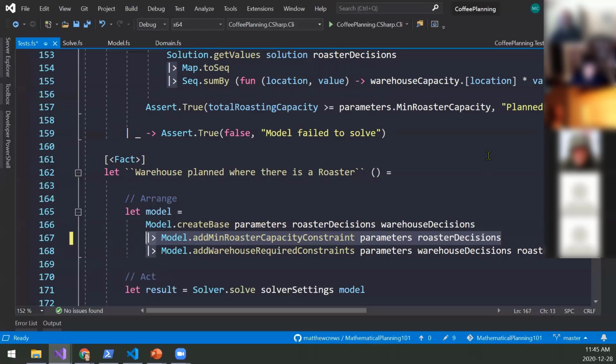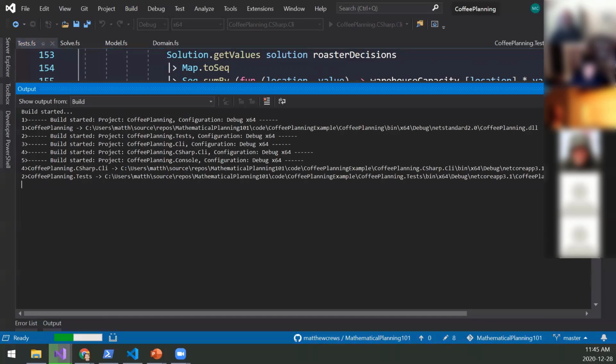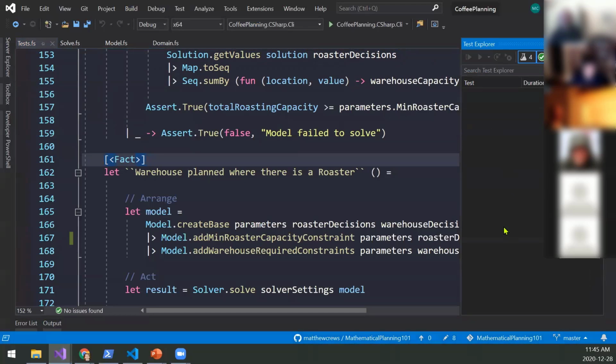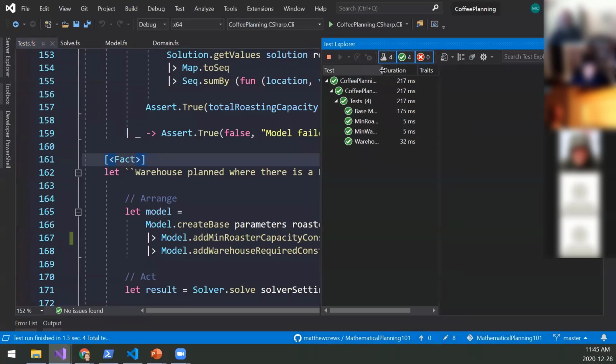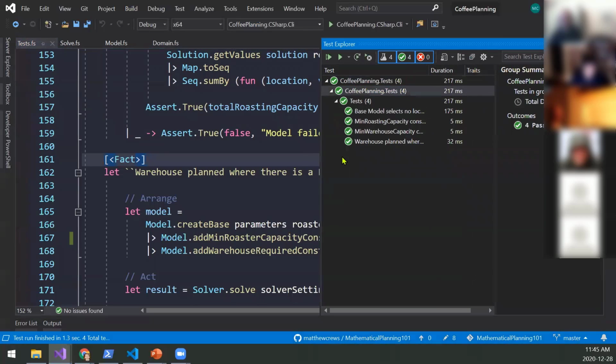And so, in theory, if I did this correctly, I should be able to run these tests and nothing will blow up in my face. But no plan survives first encounter with the debugger. Oh, look, it passed. Good. This is why I didn't break any of my code. So you can see, hey, these are all working as intended. And it's very easy to identify which thing is testing which piece of logic.